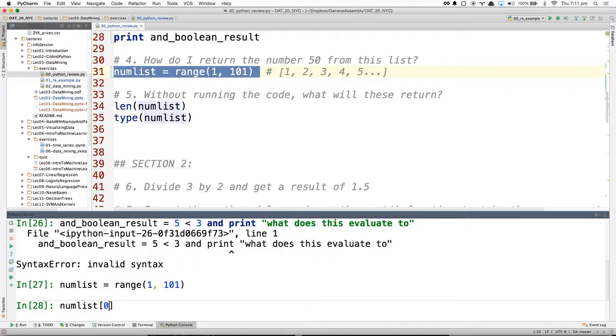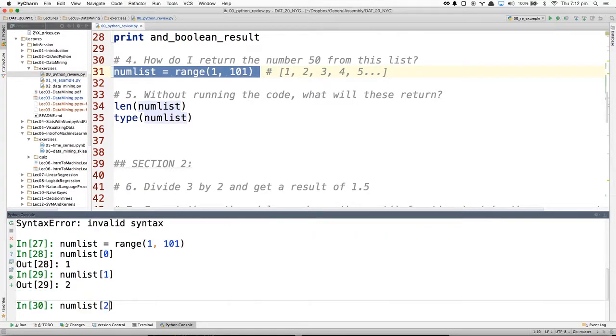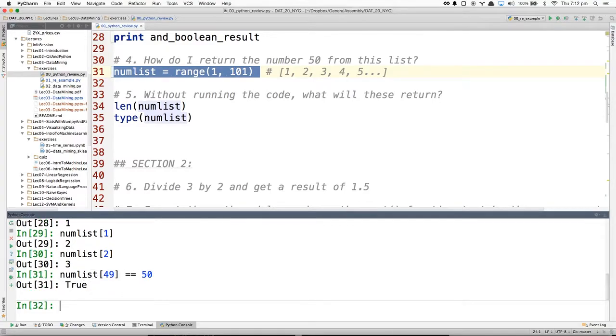Yeah, so if I do numList, the first item, again, remember that arrays are 0 indexed in Python, and in most languages, arrays are 0 indexed. So the first element is actually element 0. So if I do element 0, I get 1. If I do element 1, I get 2. If I do element 2, I get 3. And so it's basically n minus 1, right? So if I did 49, then what I'm getting here is whatever is in my brackets plus 1. And so basically access it by doing the 49th item.